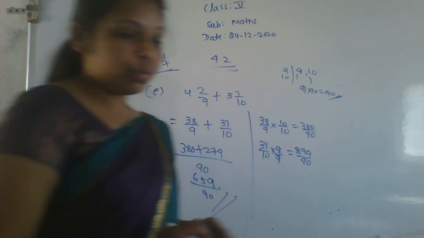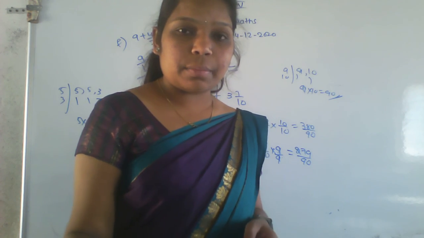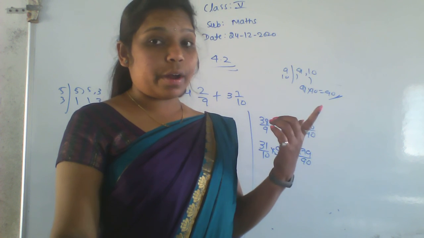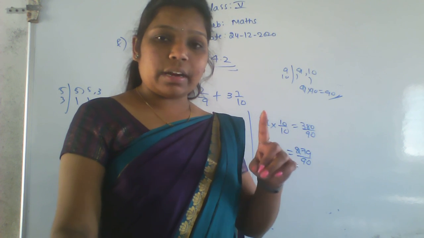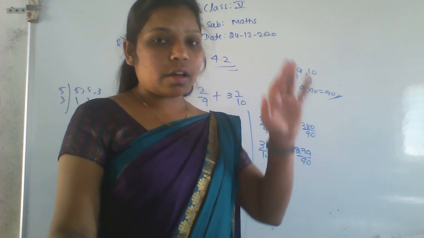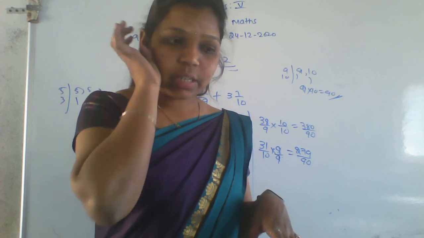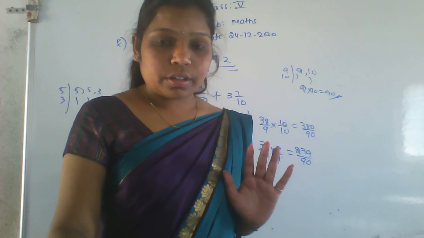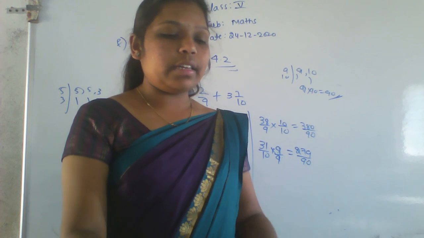Okay, so the 4.2 first main is completed. The homework is to solve this exercise number 4.2 as well as 4.1. In 4.2 only one main, in 4.1 all the mains. That is in HW you have to solve, and at the same time complete your CW also. Okay, so we'll continue in the next class.